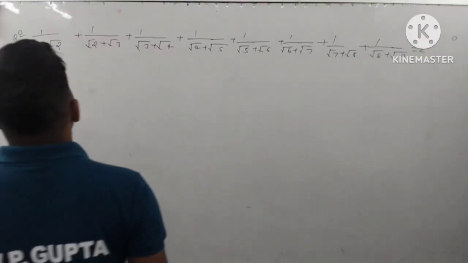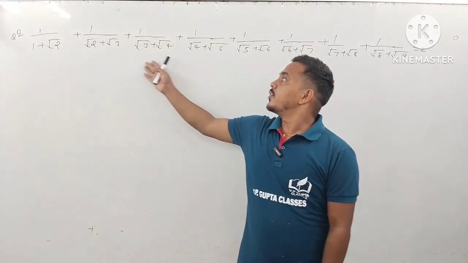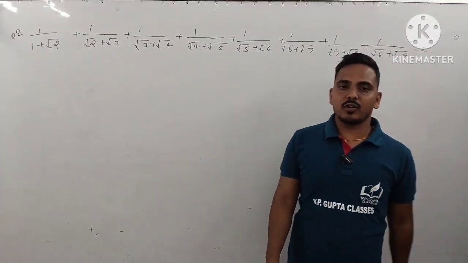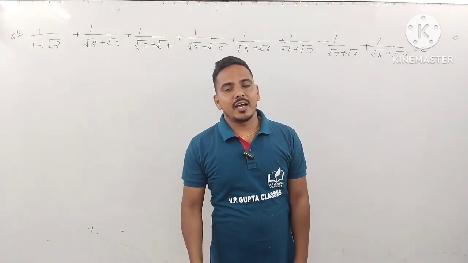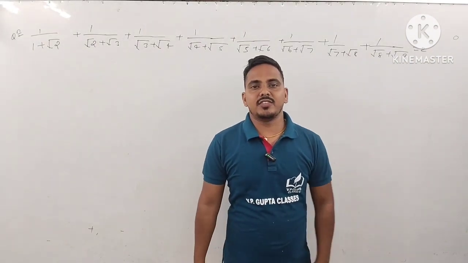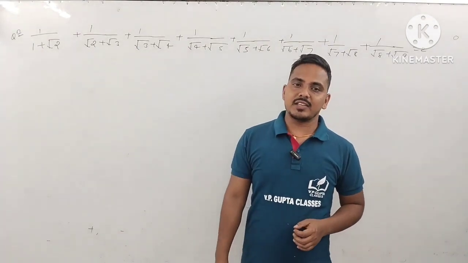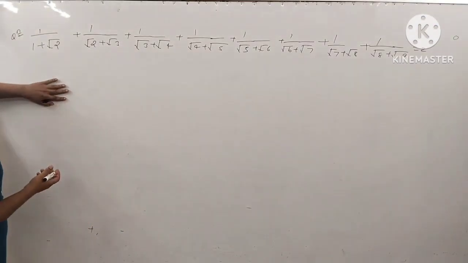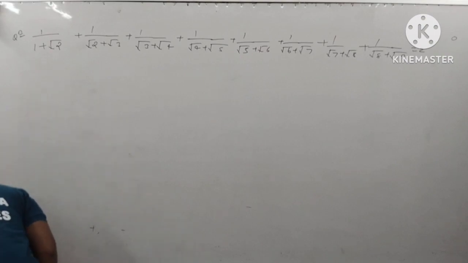Here, for this type of question, you have been given these additions, and you have to prove this is equal to 2, and it is also a very easy question, and it is solved in a very easy way by the method of rationalization of denominator, and I will solve this question in a very easy way, and you can also solve it. First of all, you have to